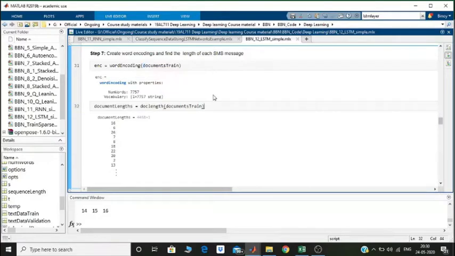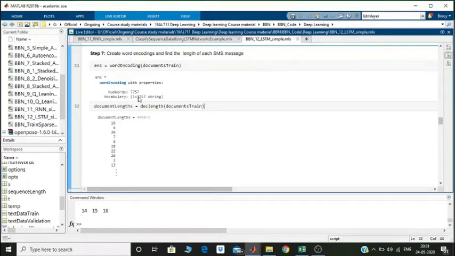So once you give this, the output of the word encoding will be the encoded structure, which will list out how many unique words were there in the data set, and it will create a vocabulary of all the unique words in the data set. So total 7,757 unique words or unique tokens were present in the data set, and it has stored all that to create a vocabulary.